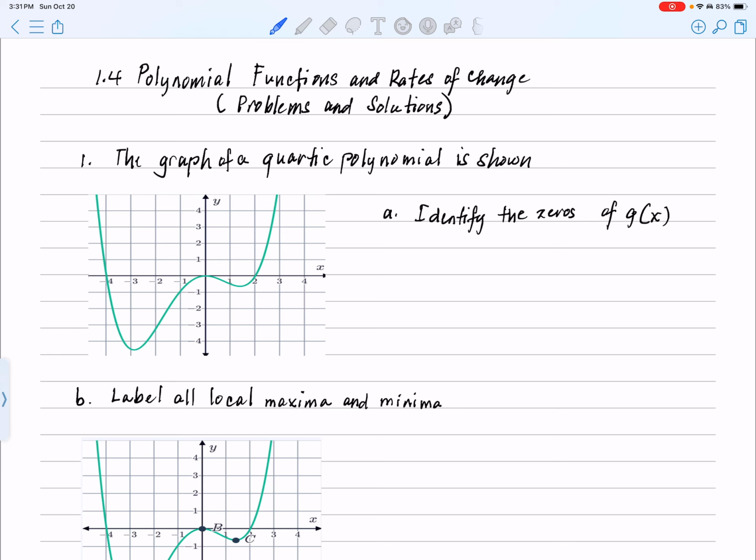Question A, identify the zeros of g of x. Remember, the zeros coincide with the x-intercept on the graph, okay? So let's say we have this point right here. It coincides with the graph, this point, and this point, okay? So these are the zeros. We have 3, okay? So the zeros